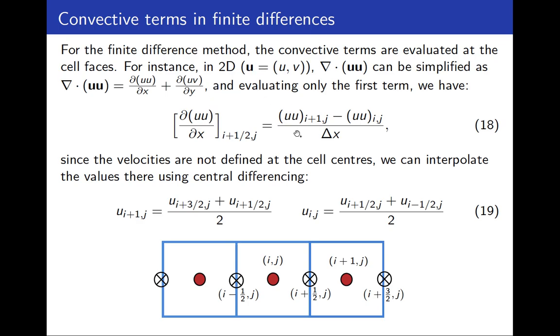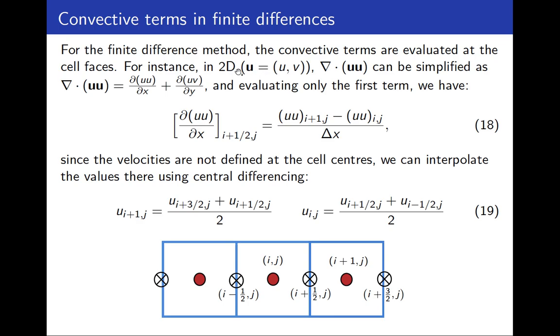So one of the main differences between the finite difference method and the finite volume method is that the properties are usually evaluated at the cell faces. In the finite volume method, we evaluated the properties at the centroids, but here in the finite difference method, we will focus on evaluating the convective terms at the cell faces. And let's say